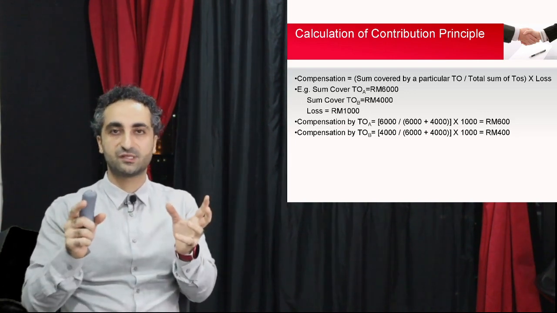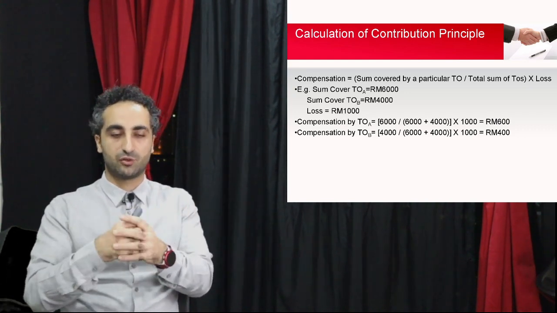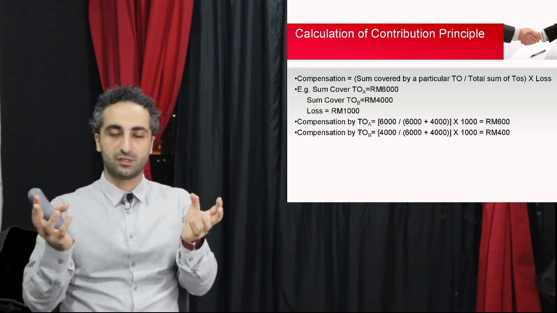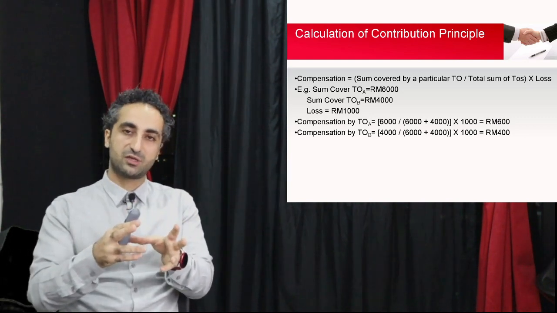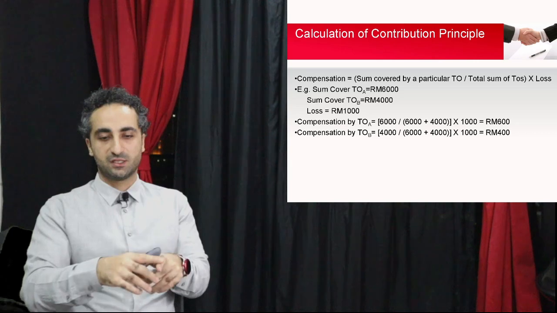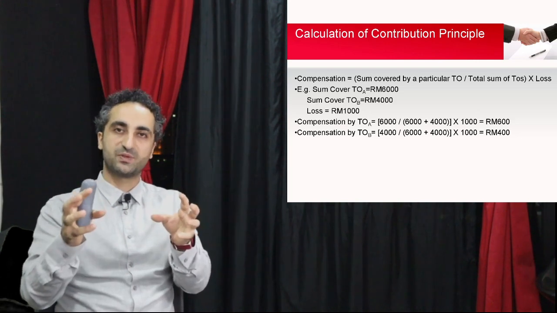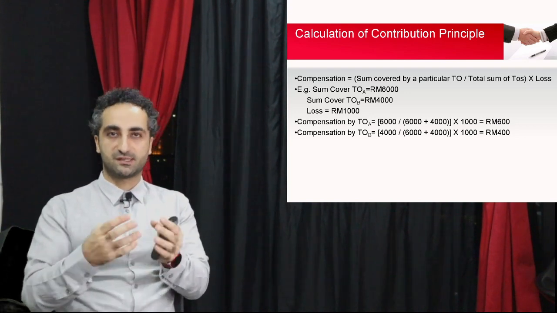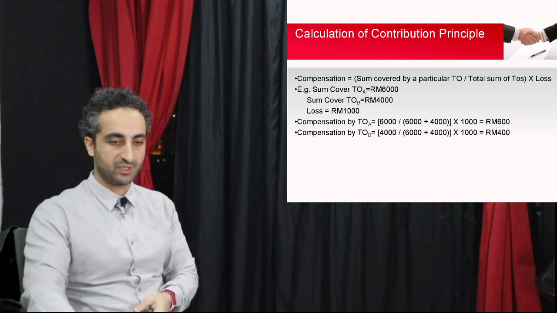Loss 1,000. First, we determine the percentage ownership, basically the rateable contribution. So how do we do that? As we can see, the total is 10,000. So 4 to 10 is 40%, 6 to 10 is 60%. So 40% TOB, 60% TOA. Based on this, the 1,000 will be split accordingly. Based on the ownership percentage, we multiply by the loss. And then we come up to the result: 600 from TOA, the higher percentage, and 400 from B.